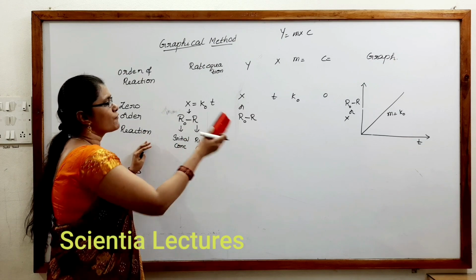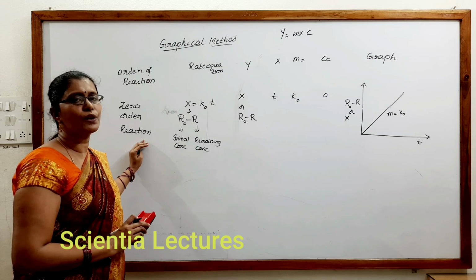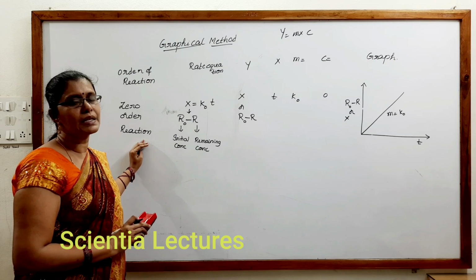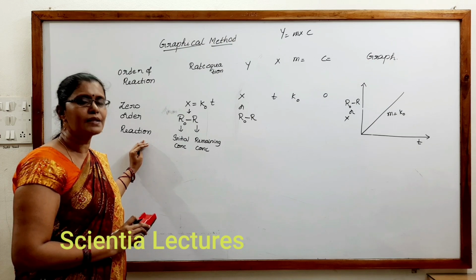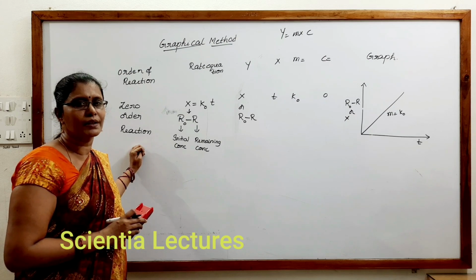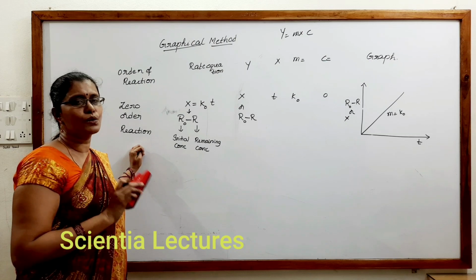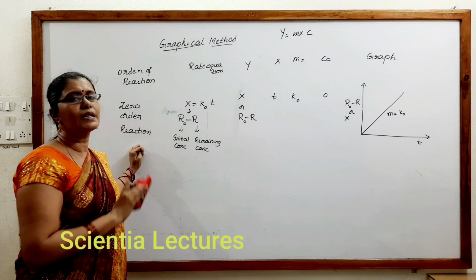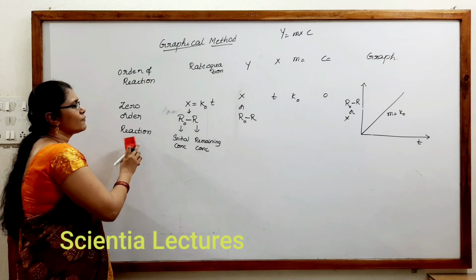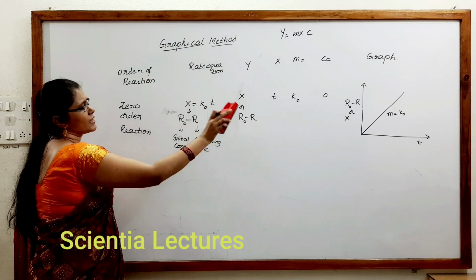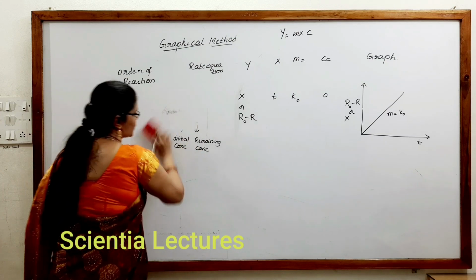This is for A. If you have seen such a graph, you can identify it is a zero order reaction. So what is the rate equation of a zero order reaction? Reacted amount is equal to constant into time. Reacted amount can be mentioned either as X or R naught minus R. In the y-axis you have to take reacted amount, in the x-axis you have to take time, and slope must be equal to the rate constant. And what is the y-intercept here? 0. So the straight line passes through the origin for a zero order reaction. If such a graph is given, you can identify it as a zero order reaction.